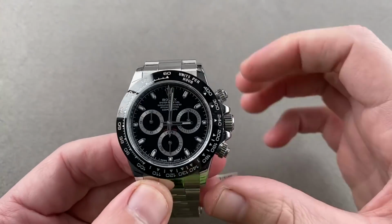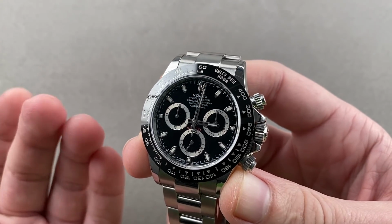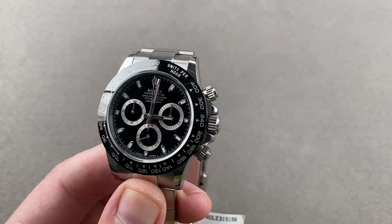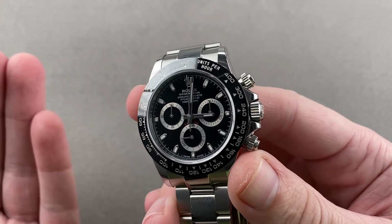Sticking with Rolex for a moment, but a very different kind of Rolex. This is a watch that debuted at Baselworld 2016. I remember at the time seeing this watch and thinking, yet another year without an all-new Daytona. But within about 36 months, the market was treating this as though it were the latest fashion, because